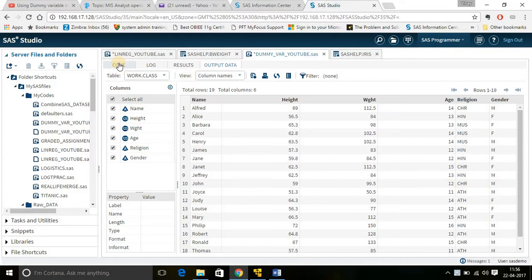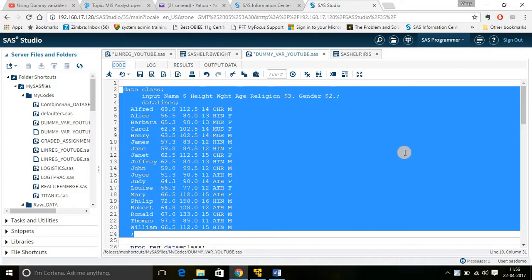All the codes I have written and everything, but before going into the codes, first let's go ahead and take a look at what a dummy variable actually is. You'll have to be very careful about knowing this concept, because this is a very important concept in linear regression or logistic regression or any kind of regression. So you'll have to be very careful about how to use it and what problems arise when you use it. I will talk about all of that, but first let's go with a simple introduction about what a dummy variable is and how we can solve something called the dummy variable trap. So let's first go into the discussion.